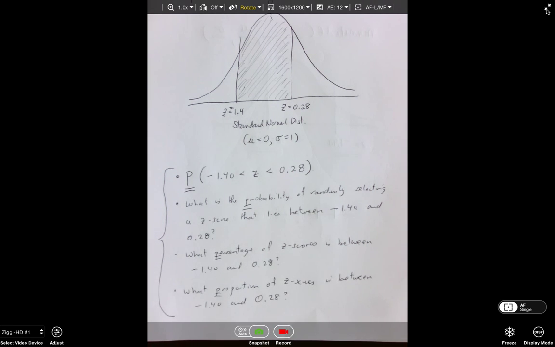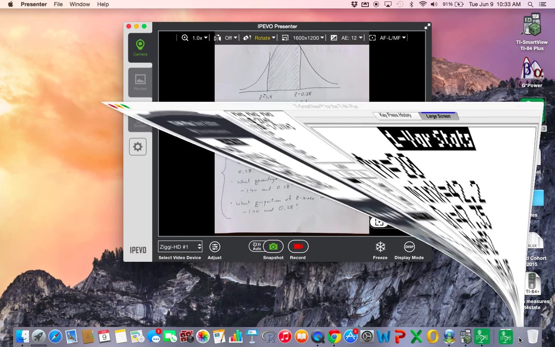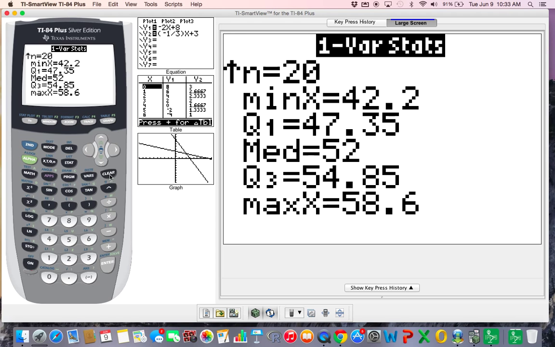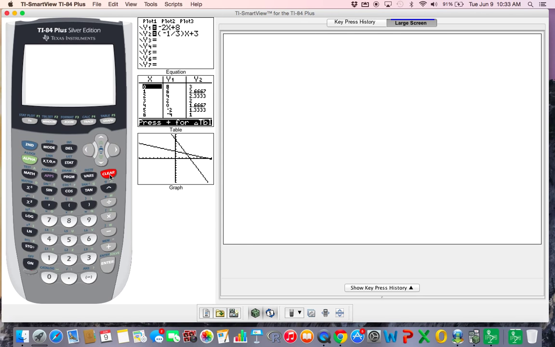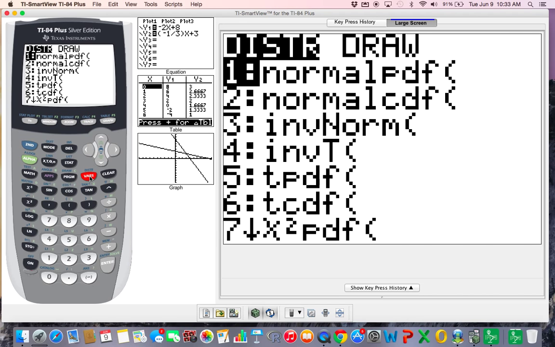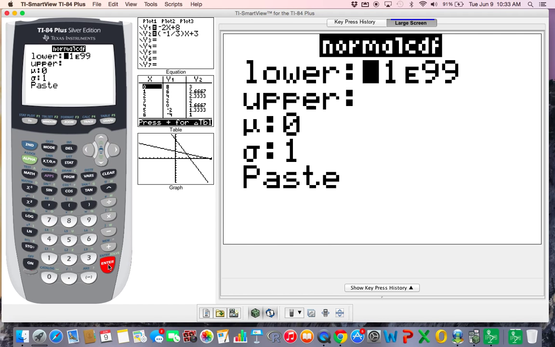So let's take a look at our calculator, because a calculator makes this really, really, really easy. Now, first thing I want to do is clear out the old stuff. All right, and there's a key right above VARS called DISTR. Well, it's in blue letters, so I have to hit the second function first and then hit the distribution. Now, as I showed you, the key we want is the normal CDF, which is number 2, not the normal PDF. So come down to the normal CDF, hit enter,